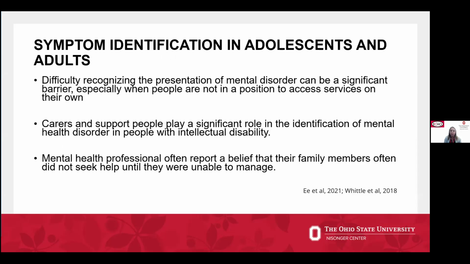And I think it's helpful to frame this when we think about how a lot of folks with disabilities aren't necessarily in a position to access their own mental health services on their own. They're relying on people to recognize things and to initiate those referrals. And so all of the folks in an individual's life play a really significant role to identify and catch early what's going on. What often happens, when we ask a lot of mental health professionals, is that they see families maybe not asking for outside help until things become overwhelming. And so our goal is, how can we catch things early?